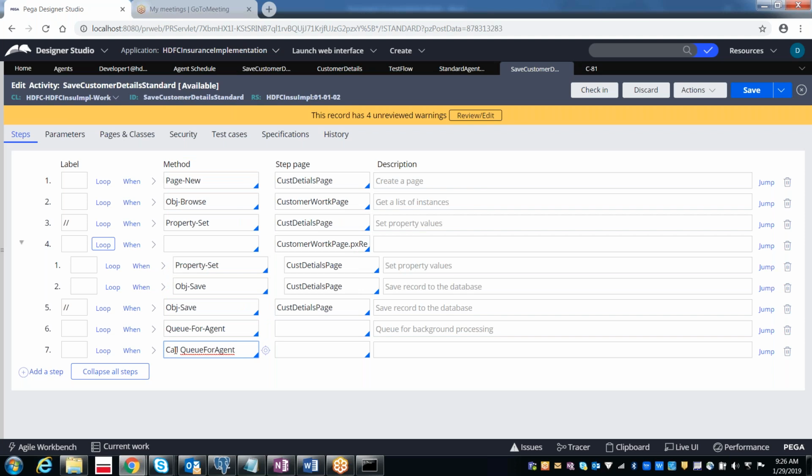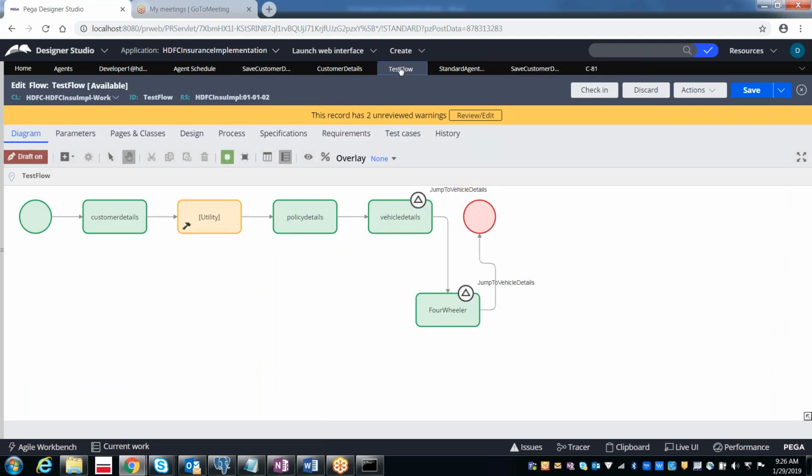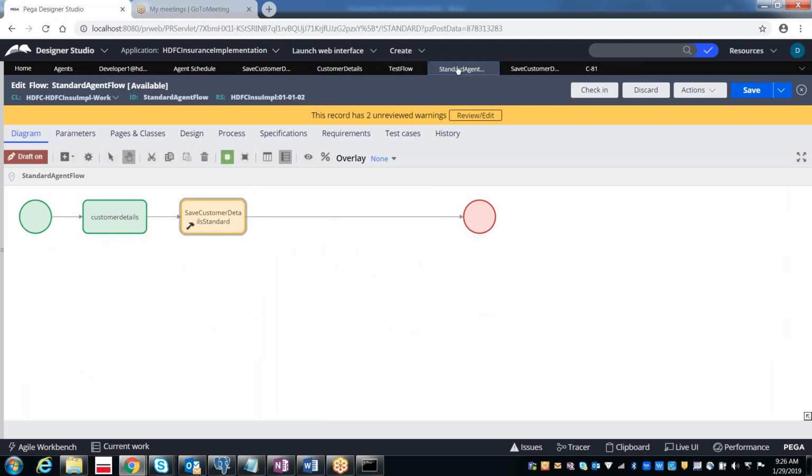You can use either of these two methods, or directly call it from the flow as well. Clear? Can I move on? Yeah, let's go.